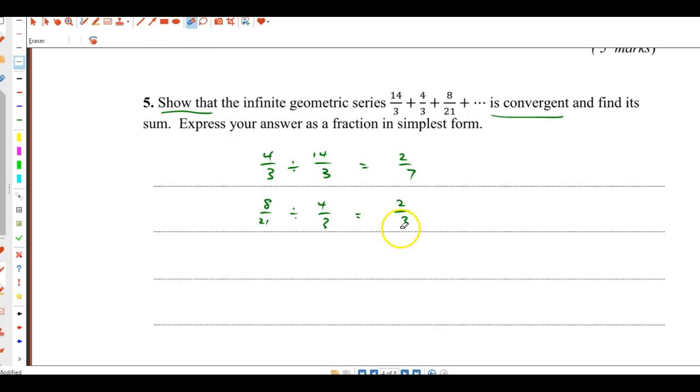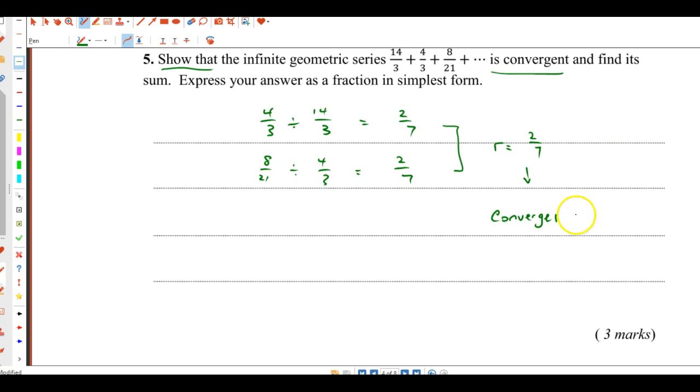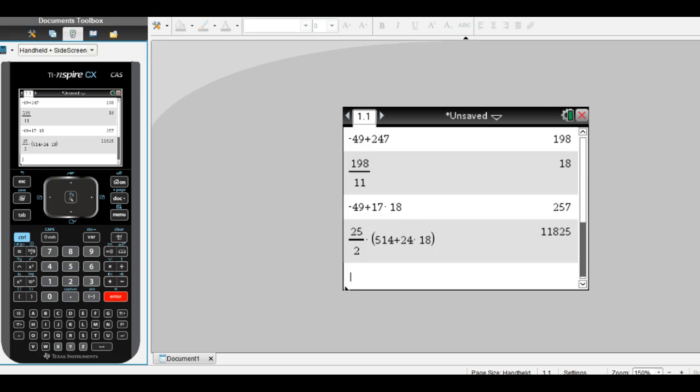So then we can conclude that this is a geometric series where r is equal to 2 over 7, and therefore converges. It has an infinite sum because the value of r is between -1 and 1. So we can find this sum now. First is u1, 14 thirds, over 1 minus 2/7, which is 5/7. So 14 thirds divided by 5/7,